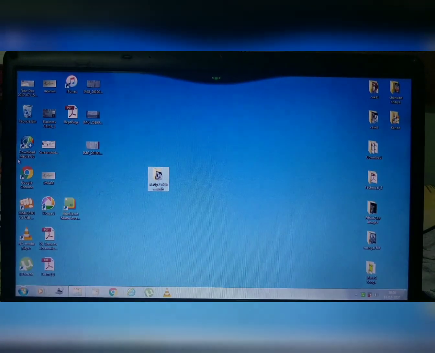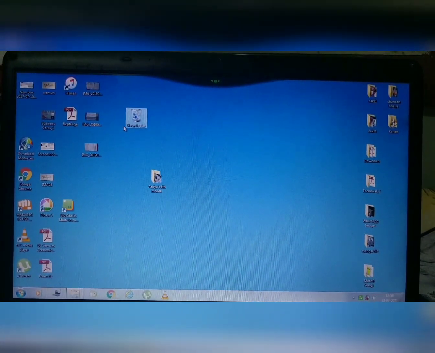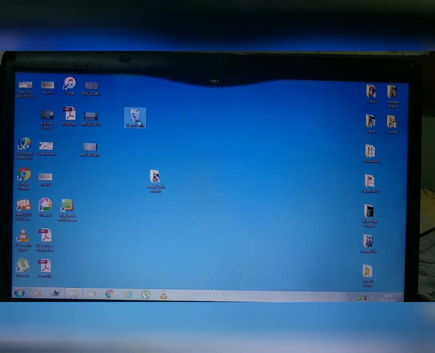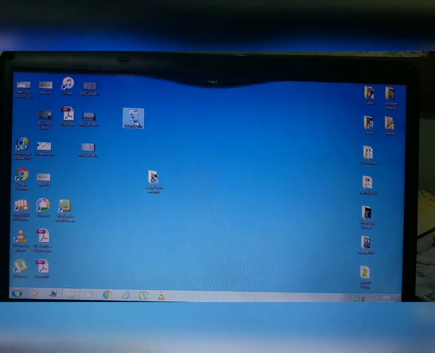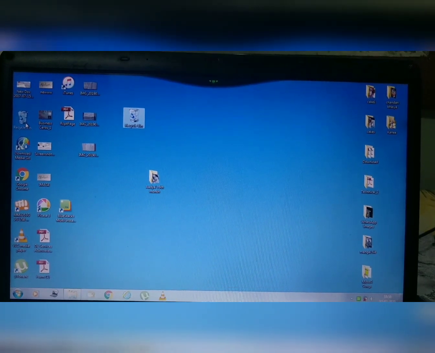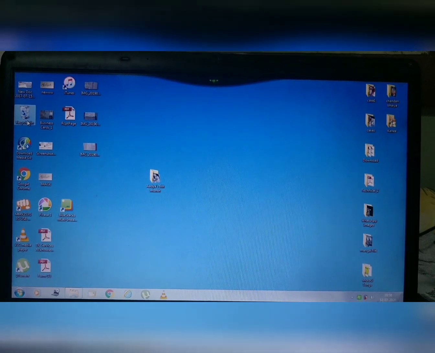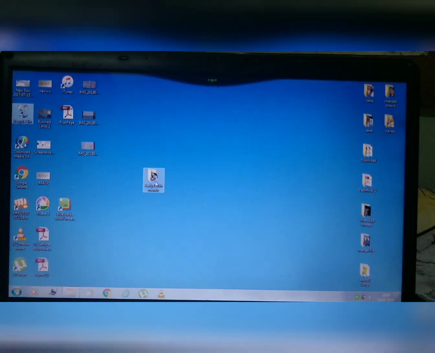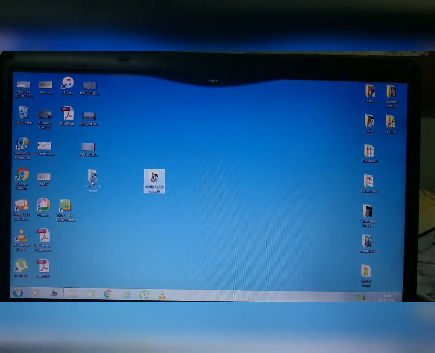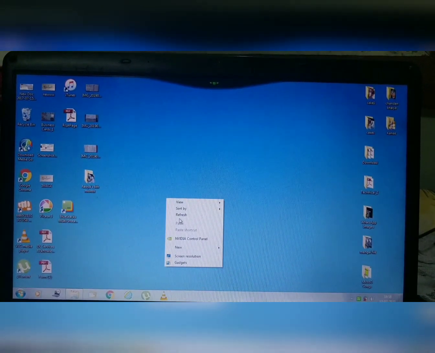Then we will take the mouse pointer on an icon, drag it and drop it anywhere on the desktop. For dragging and dropping the icon, when you click the left button of the mouse one time, it will select the icon. Then if you double click the left button on the icon, that icon will open. You can see in the video.